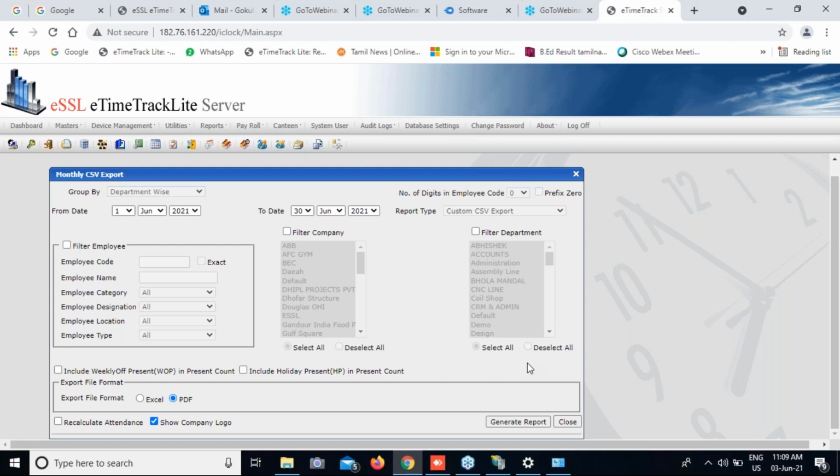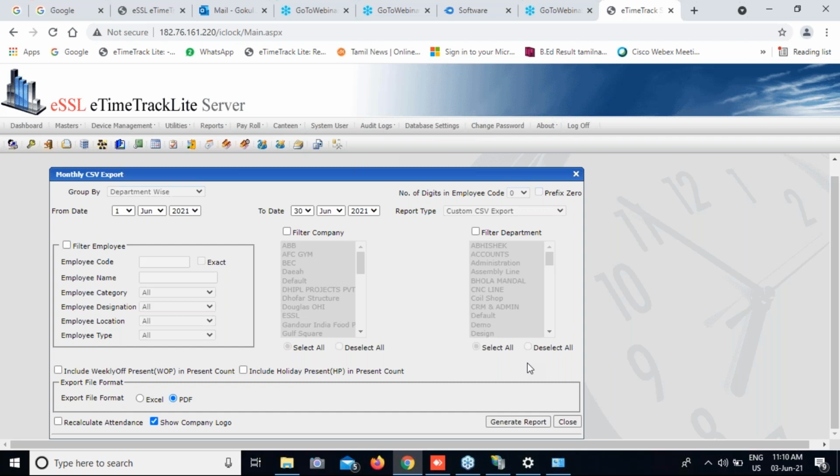In case of multiple shifts, if a person has three shifts, like morning shift, evening shift, and night shift, how will it be calculated in these reports? For these cases, we will set auto shift. For example, if the shifts start at 9 o'clock, 2 o'clock, and 6 o'clock, and he punches at 9 o'clock, it will take it as the first shift.